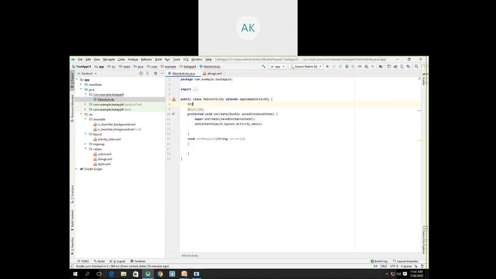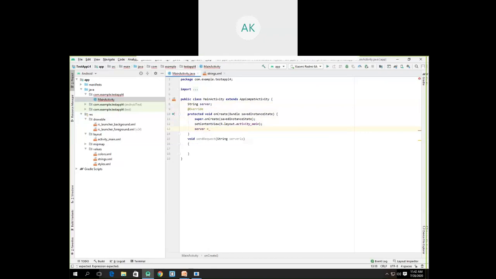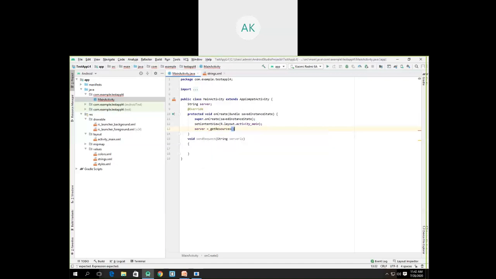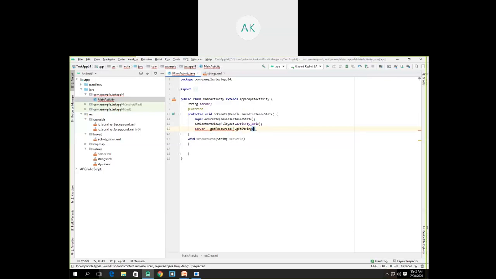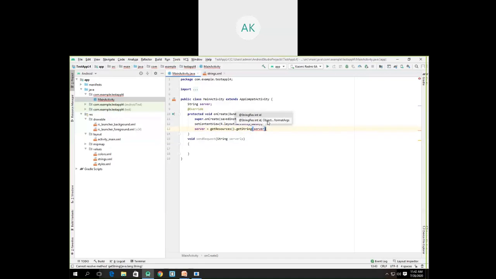So let's say we have a string, server IP, or let's say I'll call it server, and how we can refer to this. So I can say server is equal to getResources dot getString, and here we can type the ID of the string that we have created.